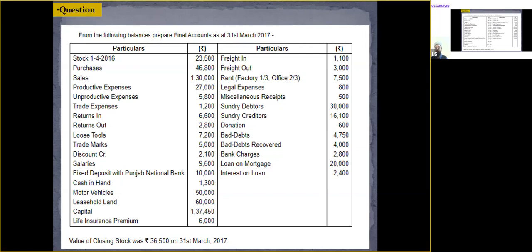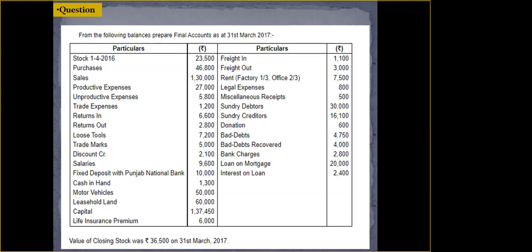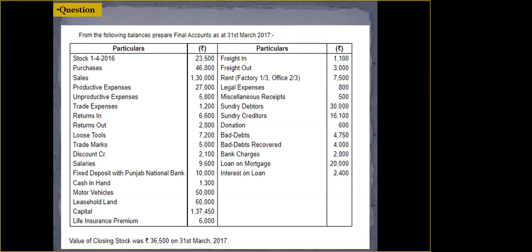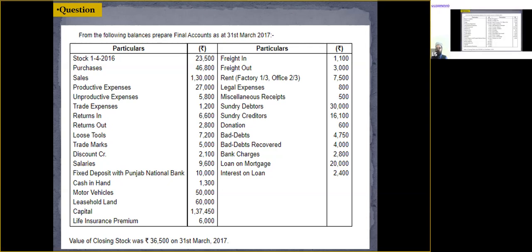So what do you mean by discount credit? Discount credit basically means you have to decide whether we have received a discount or we have given a discount. What do you mean by discount CR, discount credit? Discount received? Correct, discount received. If we have provided discount, then it would have been discount debit. So if it is discount credit, that means we have received a discount of 2,100, and discount is considered as